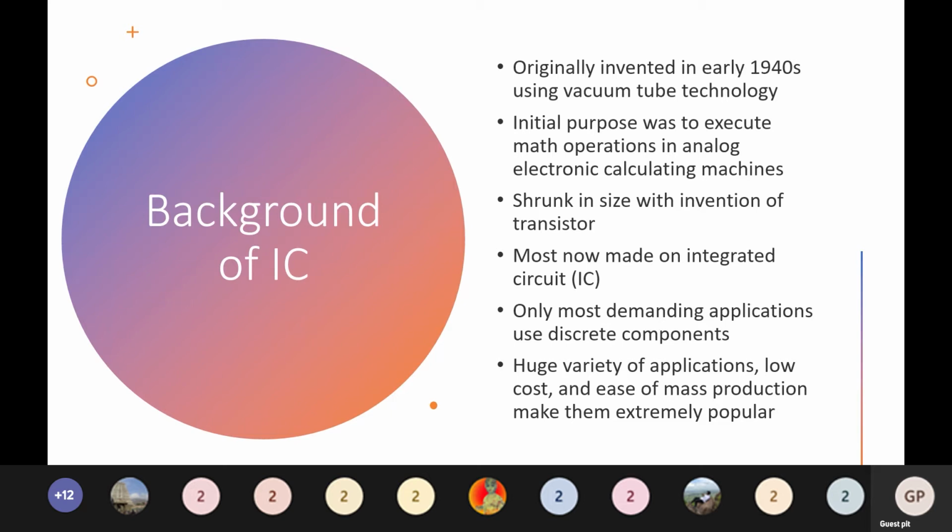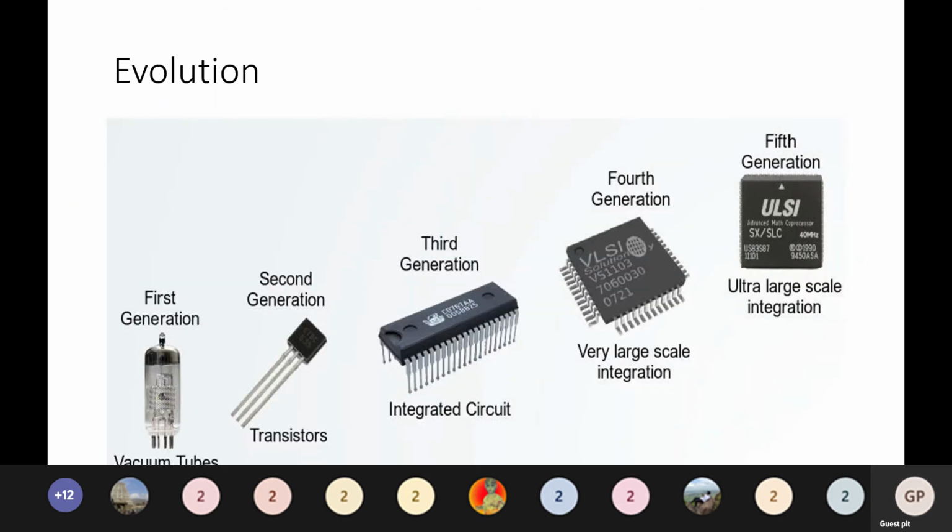Okay, and in 1960, after the introduction of ICs by Texas Instruments and Fairchild Semiconductors, there was a big revolution. The size of the electronic technology has reduced a lot. It has shrunk to a very small size. And after that, we started developing many applications because of this advantage. If we see the evolution, as I said, the first generation was about vacuum tubes. The second generation, there was an improvement, that is after the invention of transistors. And the third generation is about ICs. After the invention of IC, as I said in 1960, the third generation evolved.